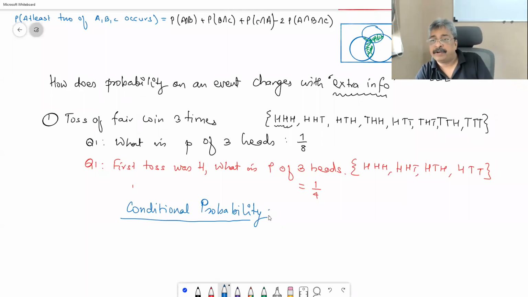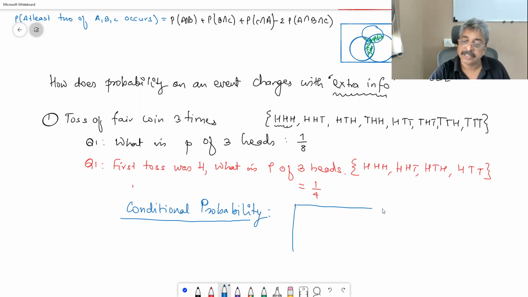Something has already happened. Now you tell me what is the probability of this thing happening. It is different than otherwise asking what is the probability of an event happening. So if I want to show it to you geometrically, what we are discussing is